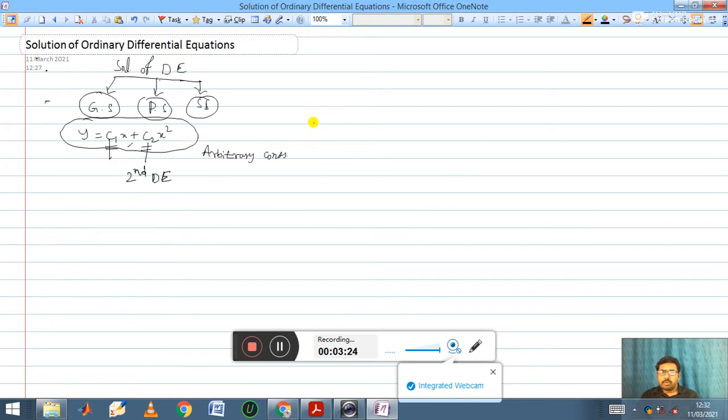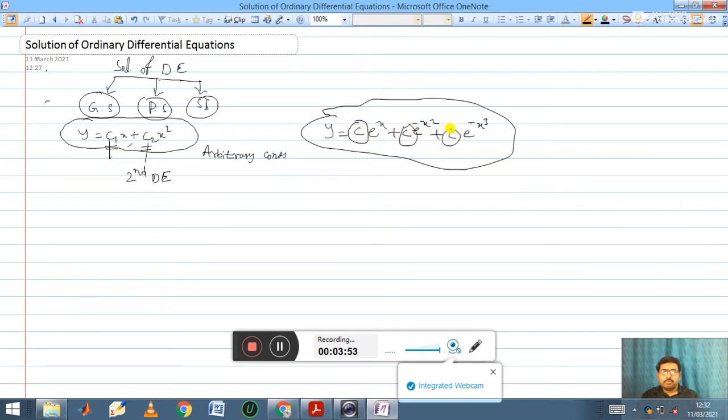Suppose you consider one more example: y equals c into e power x plus c into e power minus x square plus c into e power minus x cube. This is one more general solution, consisting of the arbitrary constant c. So c is a single arbitrary constant, which means that if you eliminate c from this general solution, it leads to a first